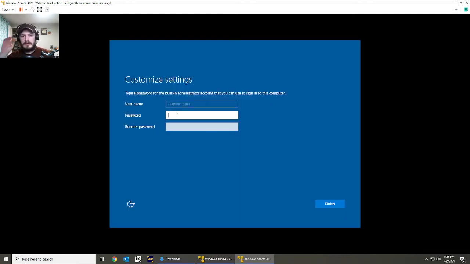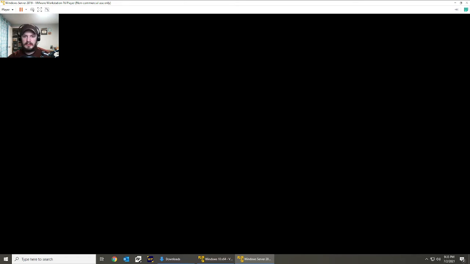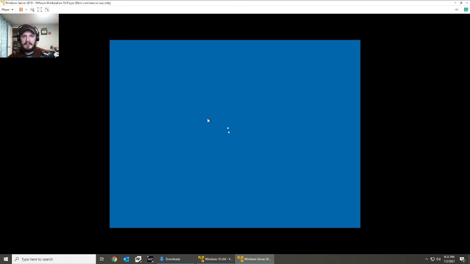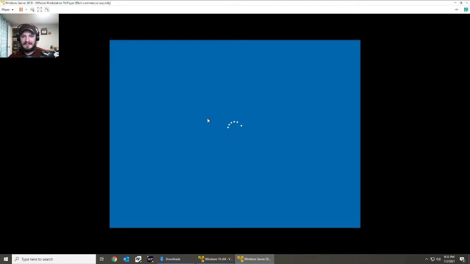Okay, so one thing you're going to notice pretty much right away is that there isn't a bunch of bloatware that a Windows 10 installation usually has. You come in, boom, you're setting your password, right? You don't have this navigation bar up top or all these extra things. I mean, we just type in the new administrator password, hit finish, and we're in. Honestly, I feel like people should just run Windows Server instead of running Windows 10 with all the bloatware in it. I mean, I feel like you just save yourself so much